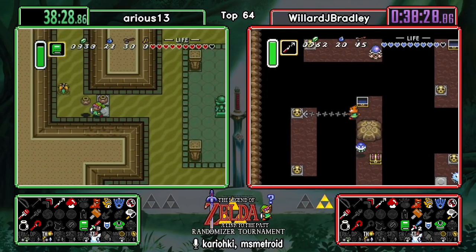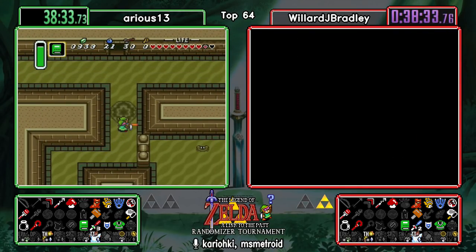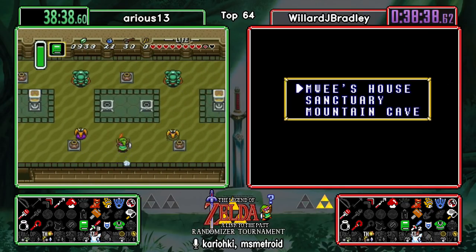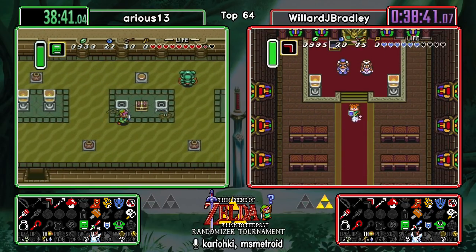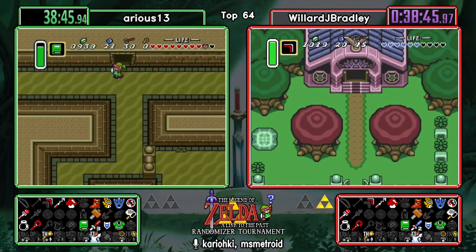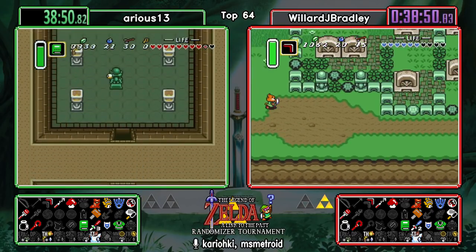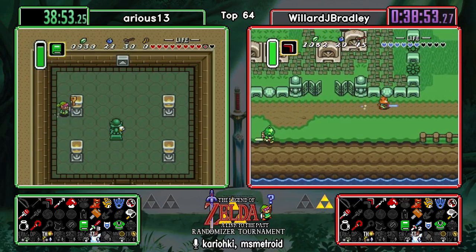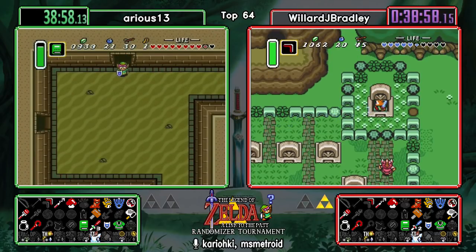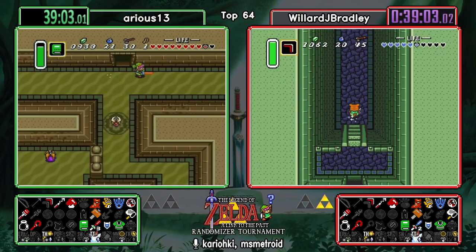Nice. Ether for Turtle Rock. Thanks, Willard. Alright, so Desert is boots locked, but... Yeah, good thing we found it all together in the mall. Yeah. Still out of sequence, so...